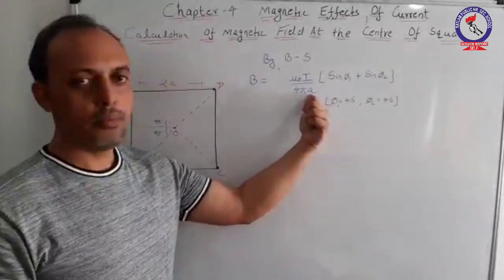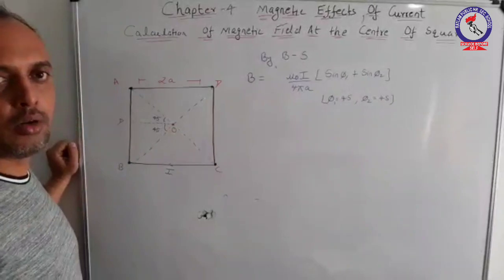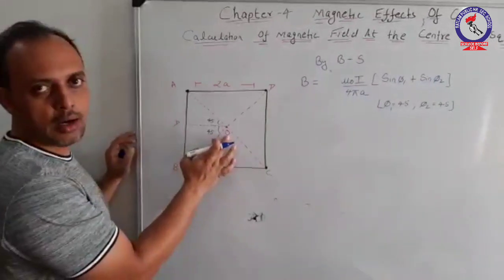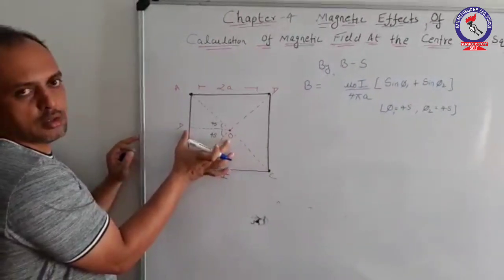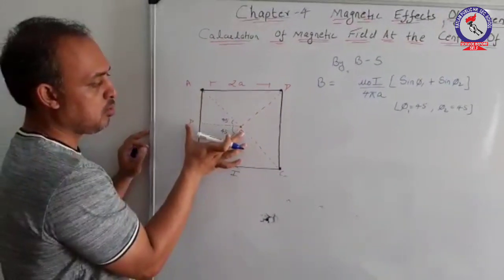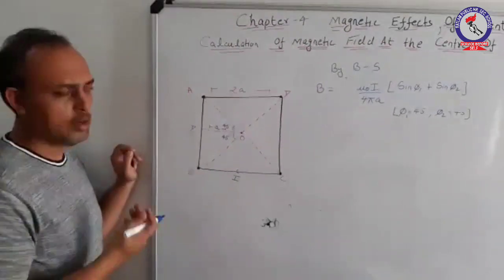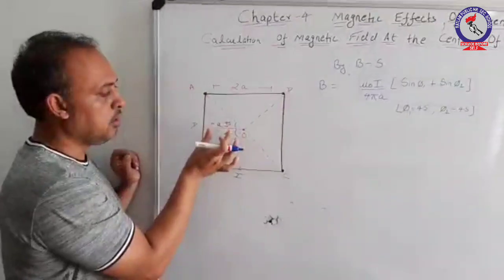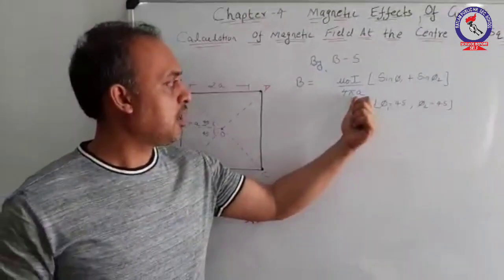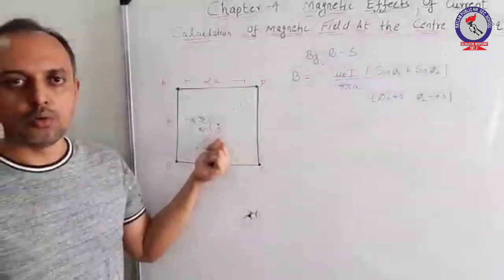Now here comes an important parameter A. What is this A? This A is actually the perpendicular distance from the point at which you are calculating the field. Since we are calculating the field at point O, what is the perpendicular distance? As the total distance is 2A, the distance OD should be equal to A. Let us suppose if it is given 20 centimeters, then you can take A as 10 centimeter. But the most important concept is that this A represents the perpendicular distance of this conductor from this center O.